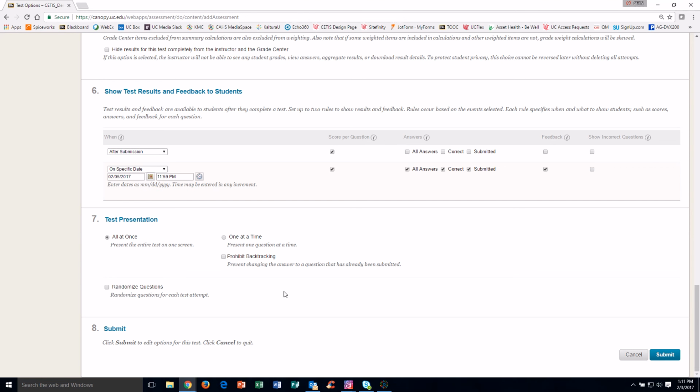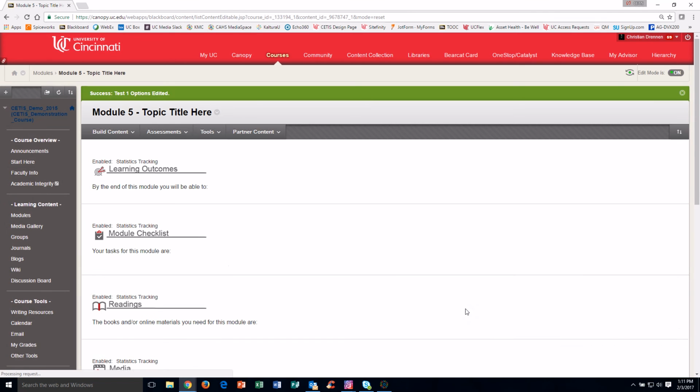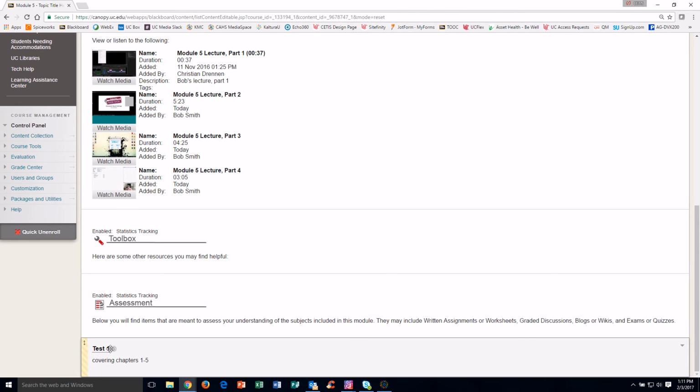Prohibit backtracking. That just means after they submitted a question, they can't go back and change it. And then the last option here, randomize questions. That will change the order that the questions are presented per student. Okay, once everything's done, I'm going to click the Submit button, and then bazinga, my test has now been uploaded